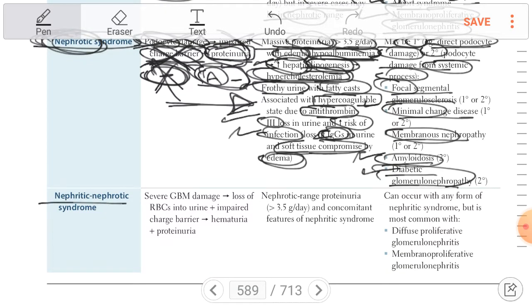So we have nephritic-nephrotic syndrome. It's a combination of nephritic and nephrotic. So this means what? There is severe damage of the glomerular basement membrane, leading to what? Nephritic features. If there is damage to the glomerular basement membrane, there is loss of RBCs into the urine, because it's nephritic, so RBCs appear in the urine. The second one, nephrotic, because of what? Because there is damage to the podocyte, impairment of the negative charge barrier, leading to what? Severe proteinuria,